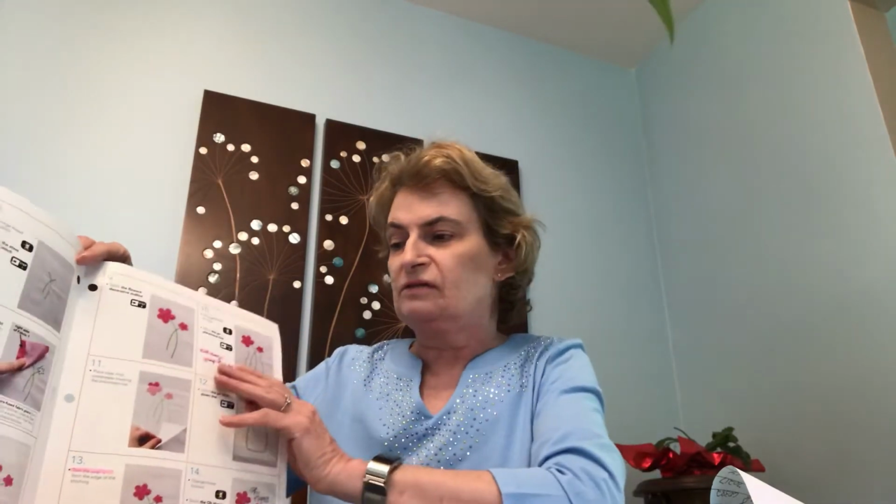And then when you're trimming your vinyl, you do want to leave a little 1/8 of an inch, so this is step 13, an 1/8 of an inch around that vinyl so that you do not cut into your stitches. You wouldn't want to do that, and it really isn't noticeable. It looks like you've cut it right up to the stitches. So those are the 2 tips for that project. Then your next one is this,